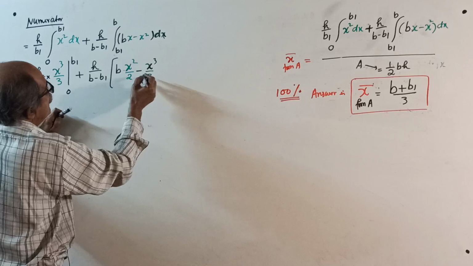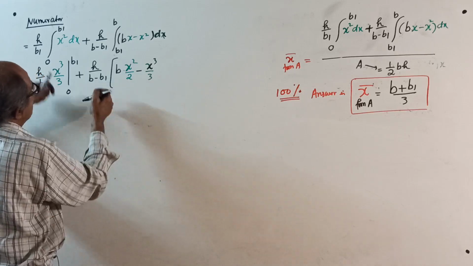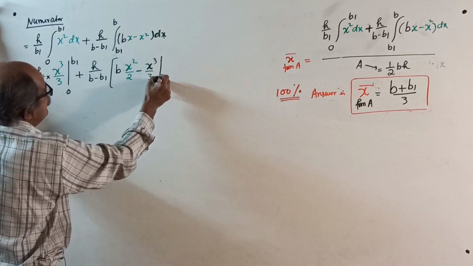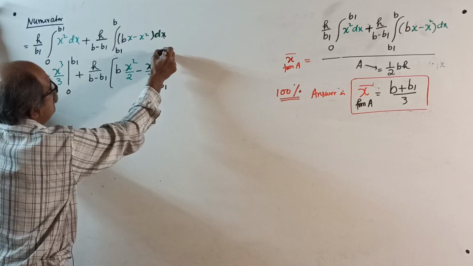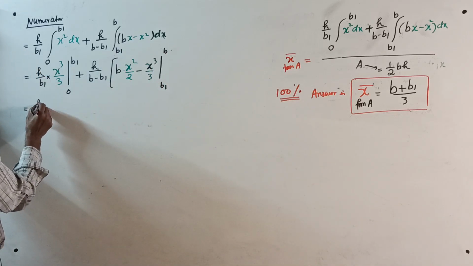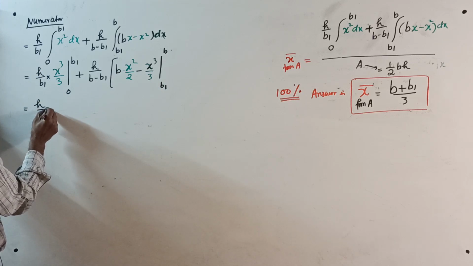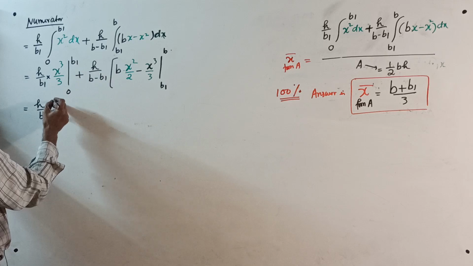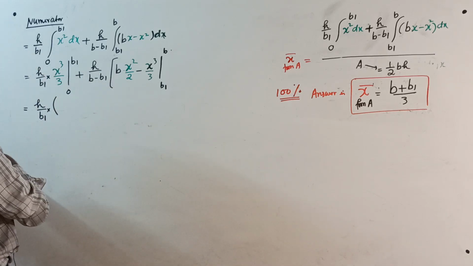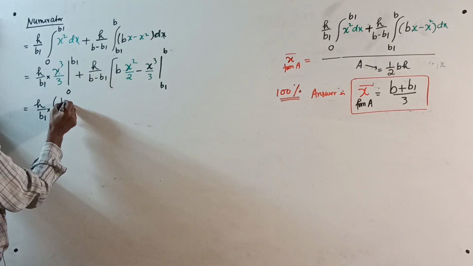X cube by 3. For this, h by b minus b1, b x square by 2. Limit is b1 to b, equal to h by b1 into x cube by 3 becomes, now green color is not required. Why? Integration over. b1 cube by 3